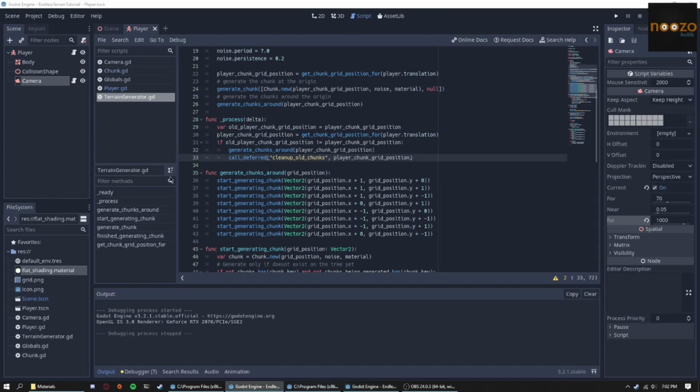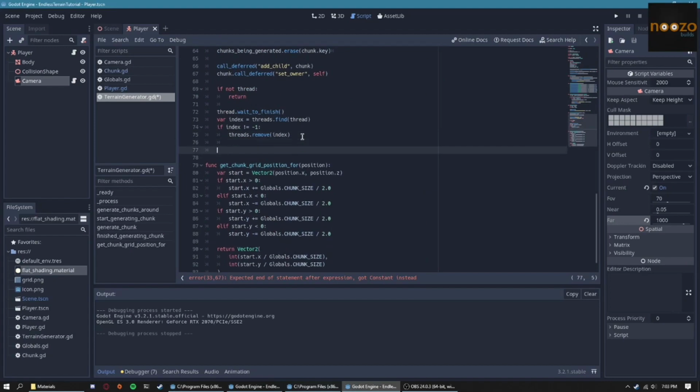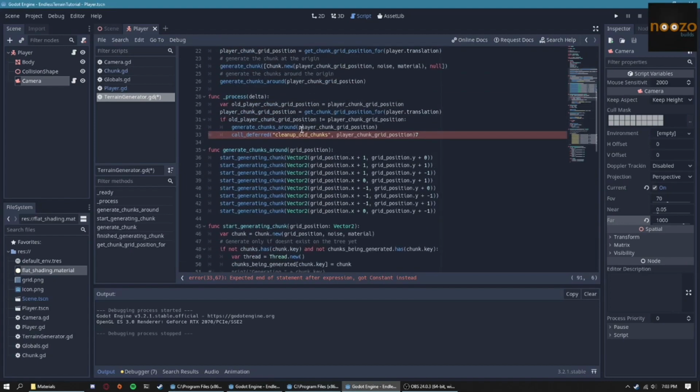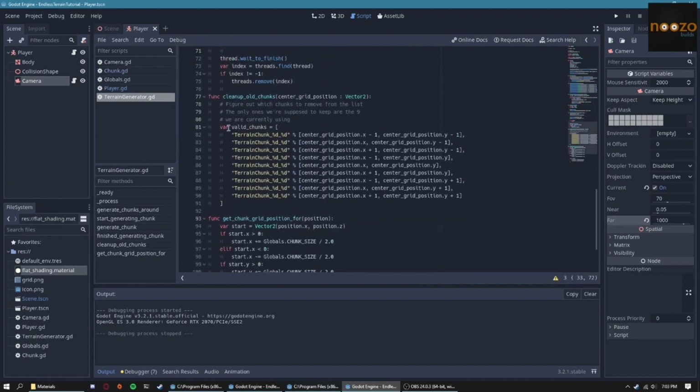And it's a bit archaic the way I did this function. I don't really like it. It's not my best work, but it works. So I left a 7 hanging there, but it works. And so I basically